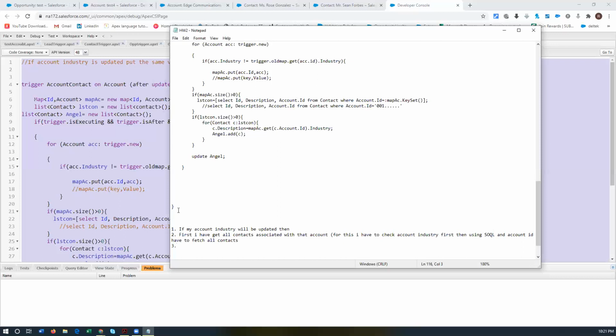There might be more than one contacts. So I have to use a collection to store all contacts. And line 4,